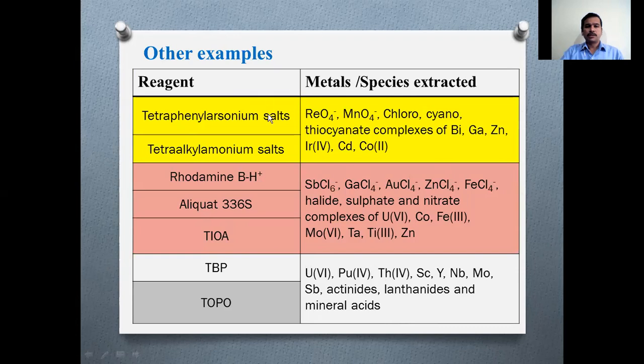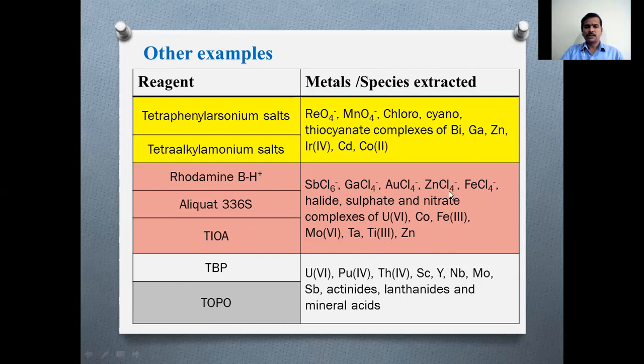So other examples, apart from this, I can take under the extraction of non-chelated ion association complexes. Apart from tetraphenyl arsonium salts and tetraalkyl ammonium salts, we can even use rhodamine BH+ along with Aliquat 336S or triisooctylamine. This rhodamine BH+ can be used to extract SbCl6-, tetrachlorogallate, tetrachloroaurate, tetrachlorozincate, tetrachloroferrate, halide, sulfate, and nitrate complexes of uranium 6, cobalt, iron 3, molybdenum 6,